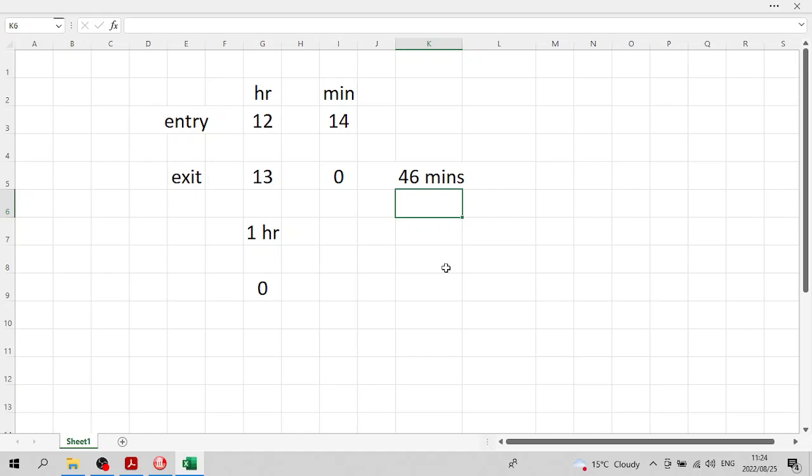If you go from 12 o'clock to 13 o'clock, we have 60 minutes, and 60 minus 14 is 46